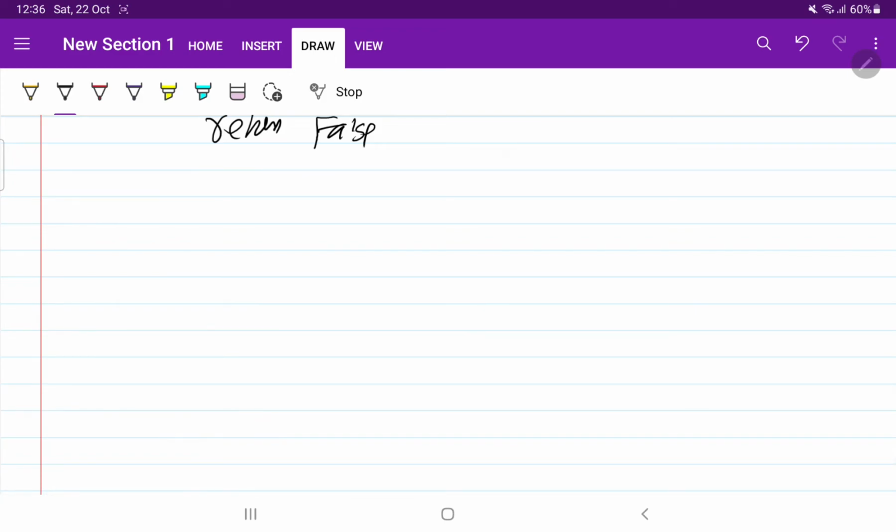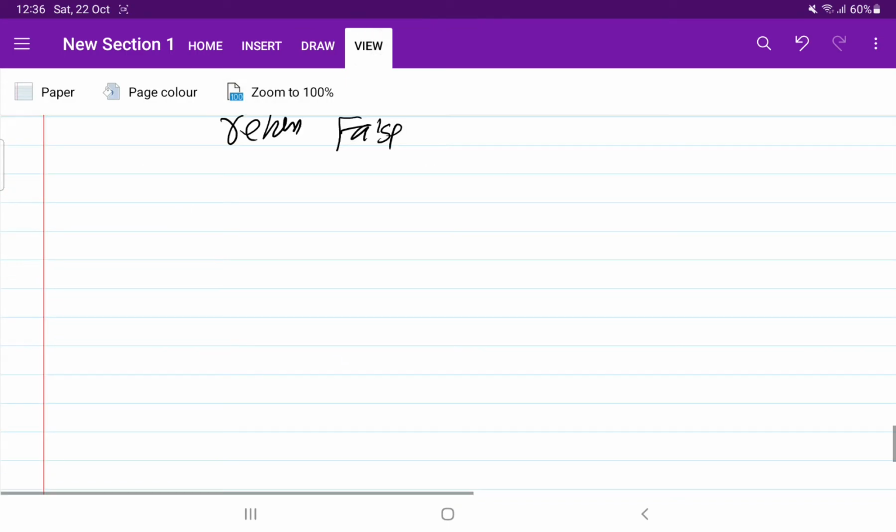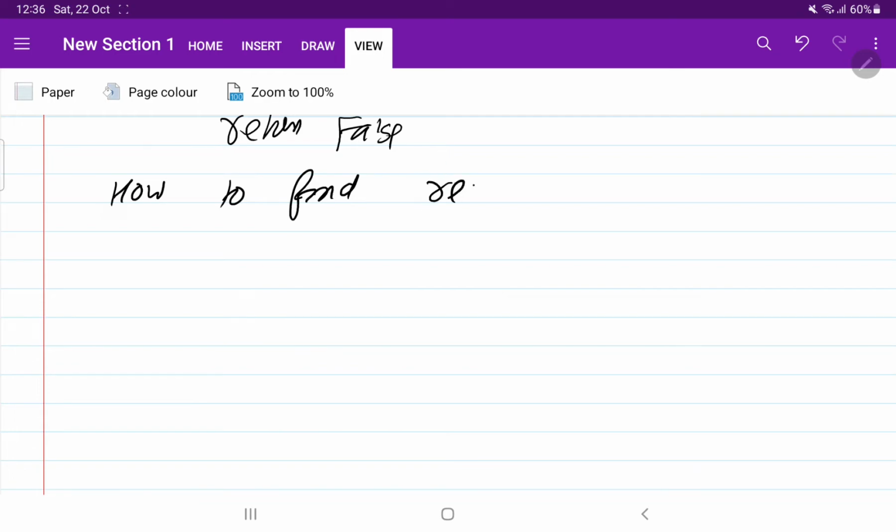Now my question is how I can find the reverse of a number. This is also a question: how to find the reverse of a number? You need to think of the logic for this. Suppose a number is given to you, 321. How will you find the reverse of the number? For the reverse of the number, you need the elements from the ending. Correct? You need the elements from the end.